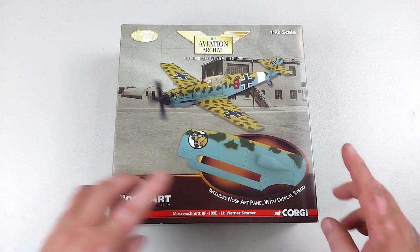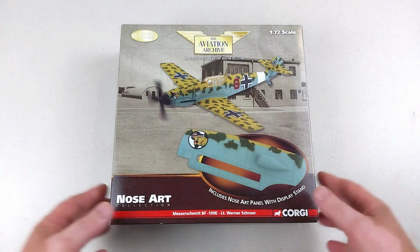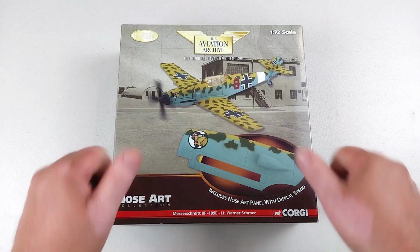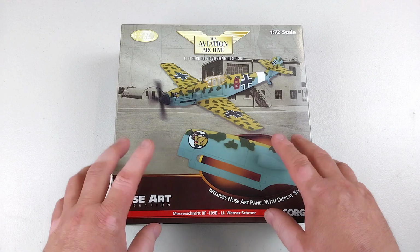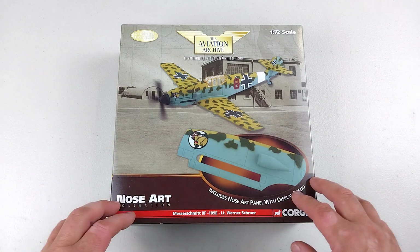Now today we've got another one here from Corgi, of course, in 1/72 scale diecast. It is from their Nose Art collection, so I am really looking forward to checking this out. This, of course, is an older one, so if you do like what you see today, besides dropping me some of those, you will have to hunt for one of these on the interwebs if you want to find one for yourself. Now, this is of the Messerschmitt Bf-109E, and this aircraft was one flown by Luftwaffe fighter ace Werner